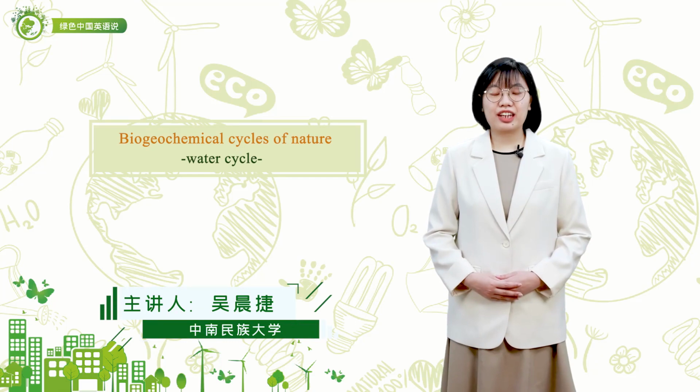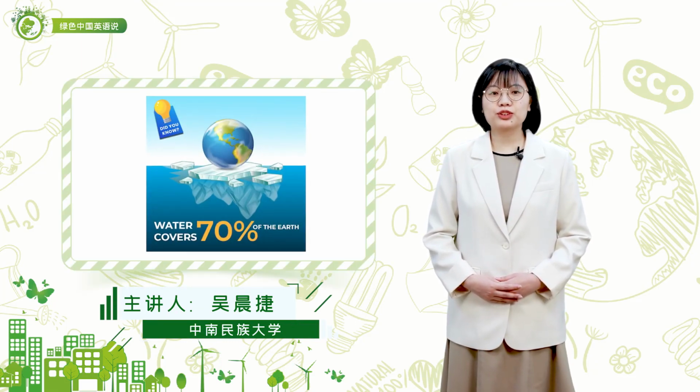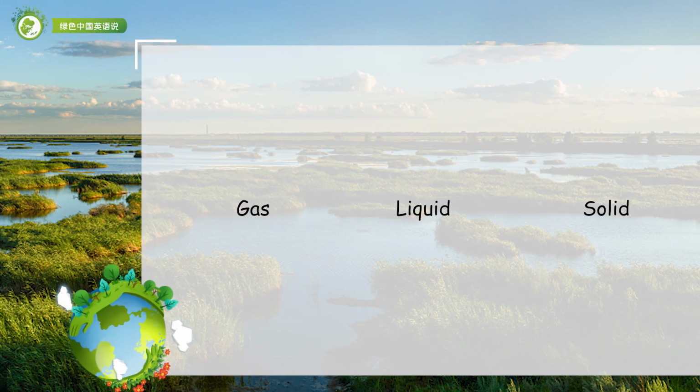Water is practically everywhere on Earth. Viewed from space, one of the most striking features of our home planet is water, in both liquid and frozen forms, that covers approximately 70% of the Earth's surface. Water is the only common substance that can exist naturally as gas, liquid, or solid at a relatively small range